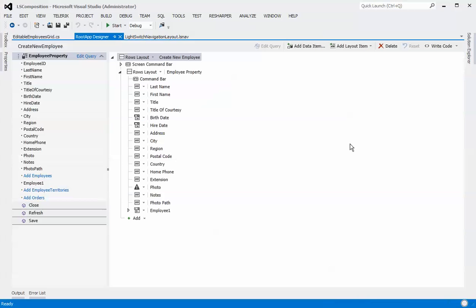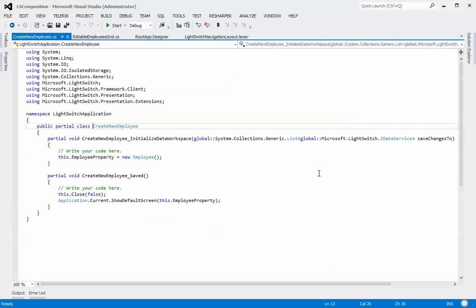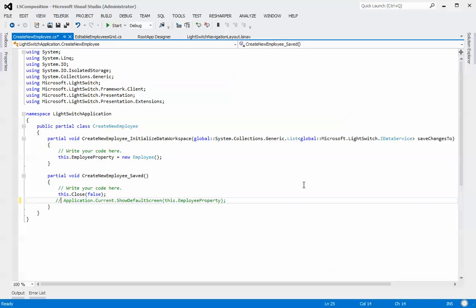scenario at least. So if we look at the create new employee, we actually click on the right code. We can see here that after it saves, it automatically attempts to show the default screen for the employee itself, which in this case we're not really interested in. So let's just comment that out so that we don't have that anymore. So that's good. And we actually do want it to close on save, so let's just change that to true. So that'll auto close that screen when we hit save, which is good. So that takes care of